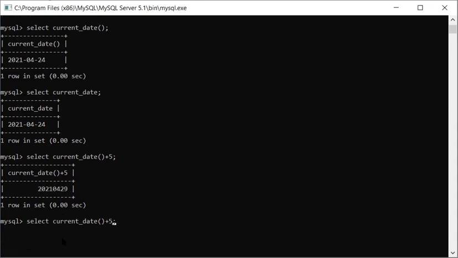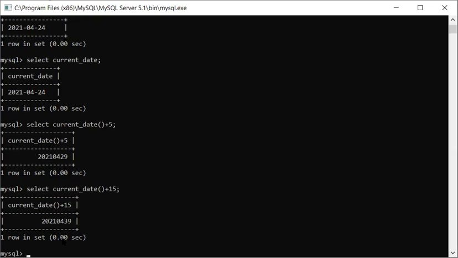The second thing is, if we give anything beyond the days, for example, if I'm giving here 15, it means 24 plus 15. So you can see that it is showing me here 39, which is actually not a date. So you have to keep in mind how it is working. If the question is based on output prediction, you cannot say that you will be getting an error message. It is going to work, but it is going to simply add to the current date.